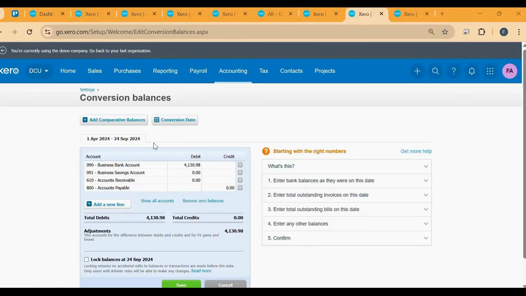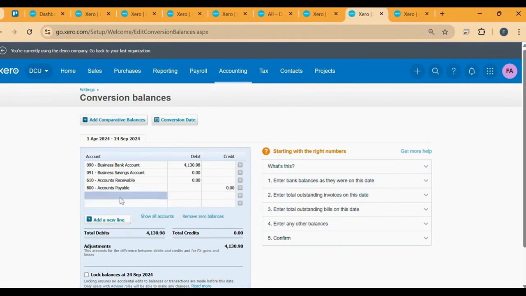So if you have no data in Xero and you are adding data to Xero for the first time, you have to transfer the trial balance from another software, whether it is QuickBooks or made manually in Excel. You have to transfer the trial balance over here in Xero. Like you have to add this sales amount, or it will appear like over here for 200, and expense amount